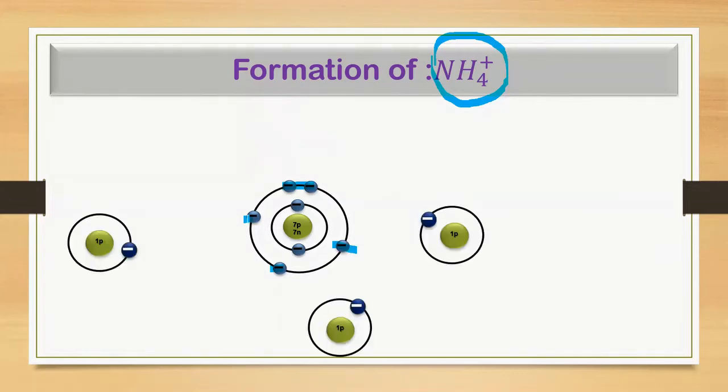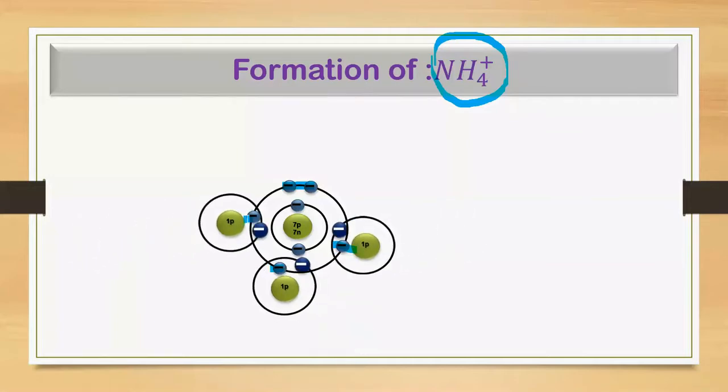So nitrogen first of all combines with 3 hydrogen atoms and produces ammonia molecule. But nitrogen atom contains 1 lone pair of electrons. For that reason, it also combines with a proton by coordinate covalent bond and then ammonium ion is produced. So ammonium ion is a positive radical because ammonia molecule combines with H plus ion which is positive.